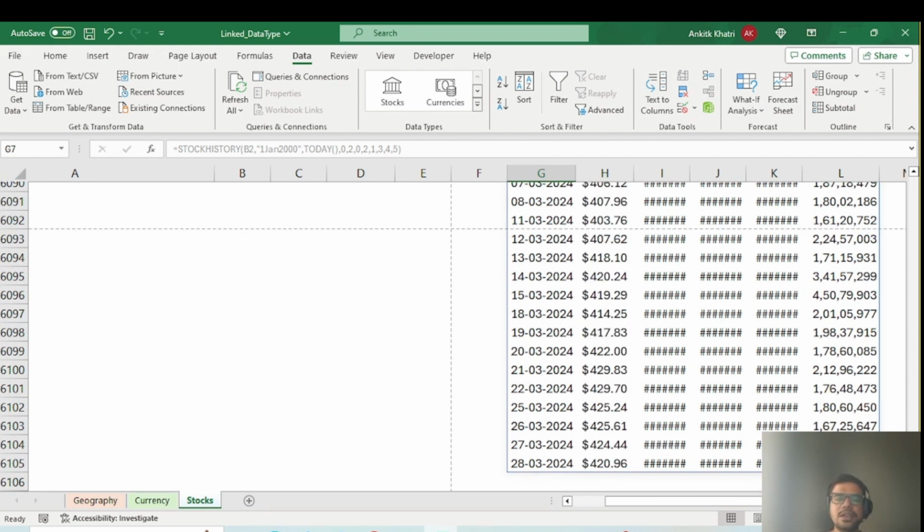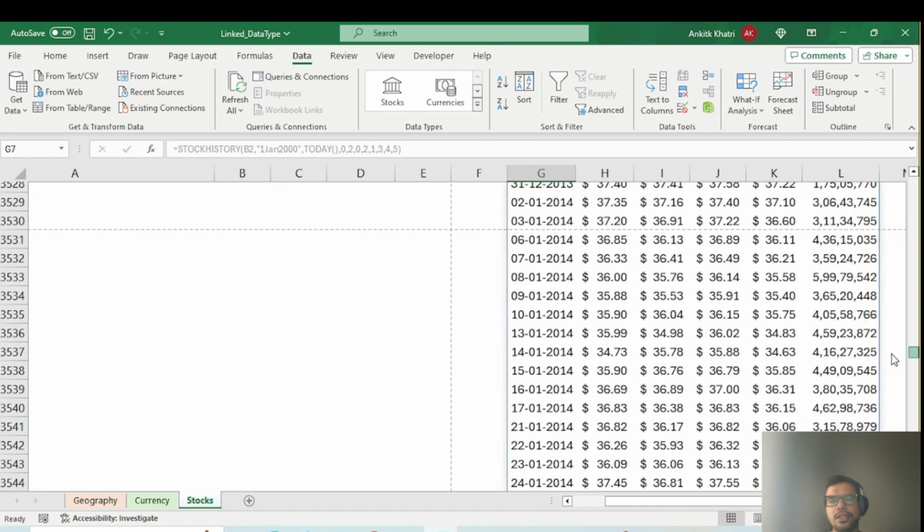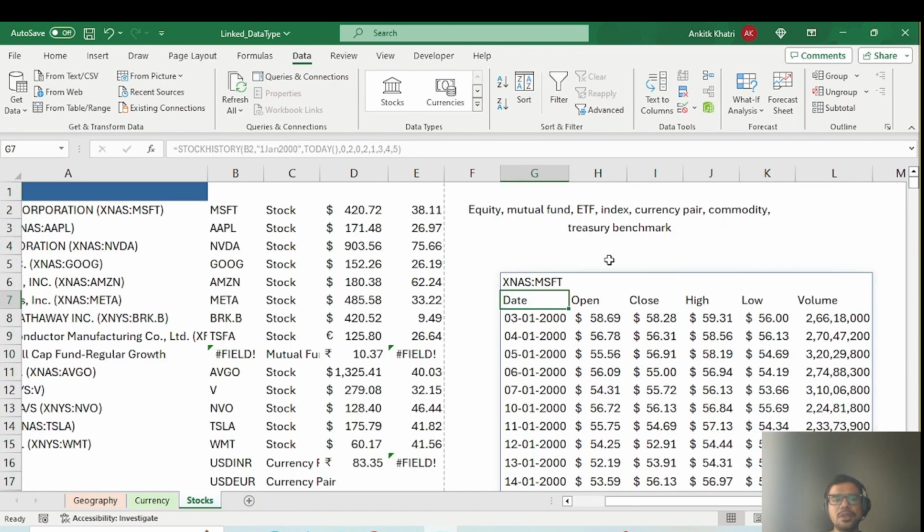Similarly, you can extract the historical data for any ticker that you wish to. Please play around with this. In case you have any questions, concerns,